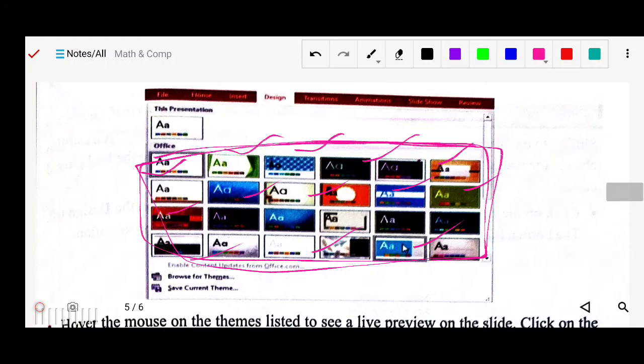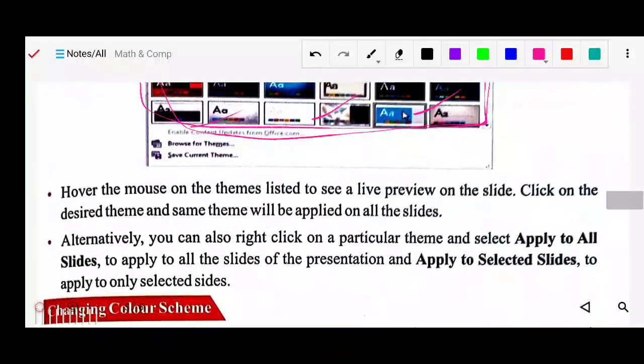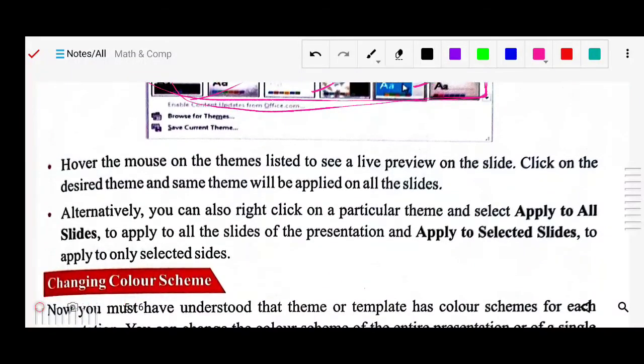Next, hover the mouse over a theme listed to view the live preview. You bring your mouse cursor over that theme, so you can see the live preview of that particular slide and theme. Click on the desired theme and the same theme will be applied to all slides. You can change it during writing your presentation or after, and see the preview to choose which is suitable.